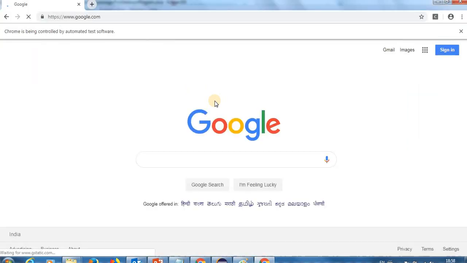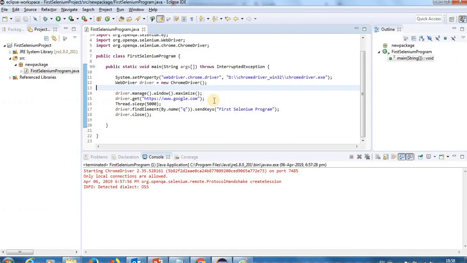So here the browser is launched. It is typing. It should type the text, and then it types first Selenium program. So this our program runs successfully.